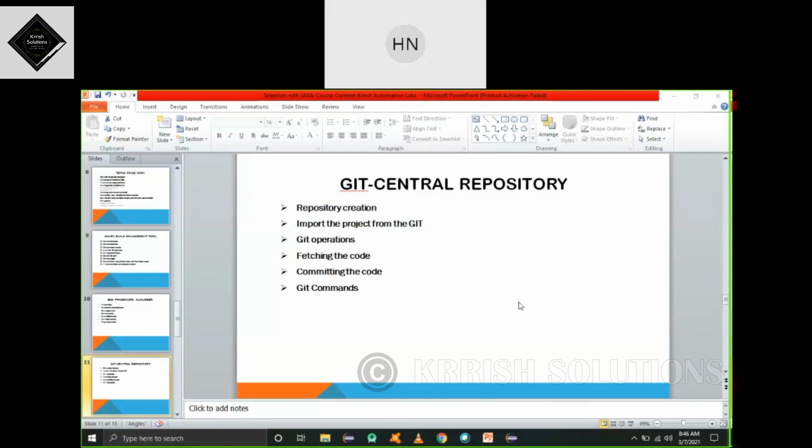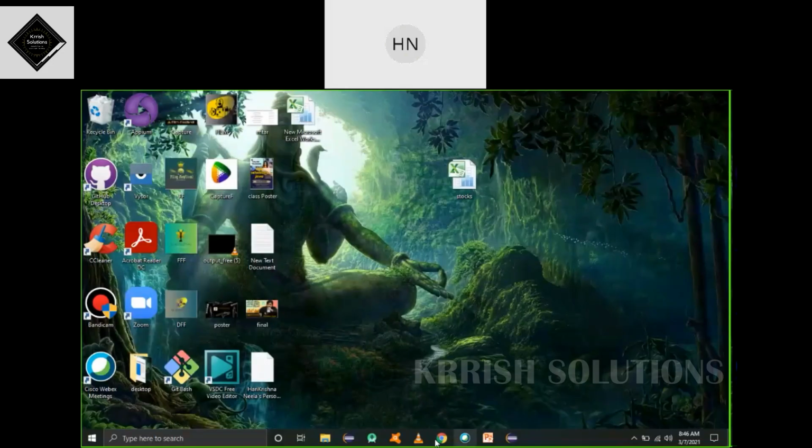Okay. So the general purpose of Git here is to maintain your code at a centralized location. It will be accessible to everyone working on the project, including your manager also. We will have a URL, and for that URL you need to provide your username and password to log into Git. If you want to fetch the code, you need to execute some commands. If you don't want to execute commands, you also have graphical GUI options available like this.